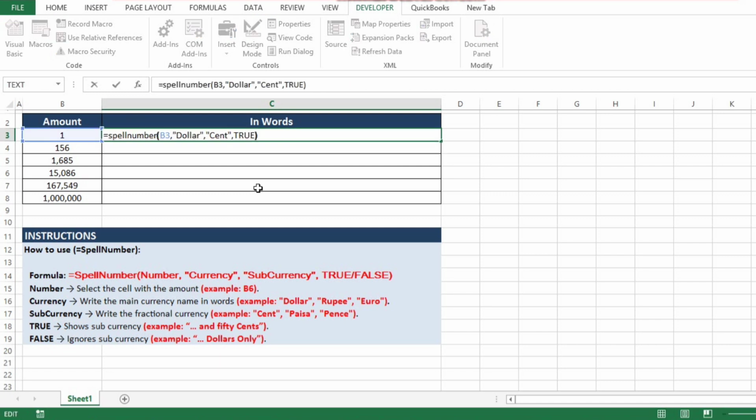If you change it to false, it will show only $1 only. It will ignore sub-currency. You can also change the currency text, for example, equals spell number,